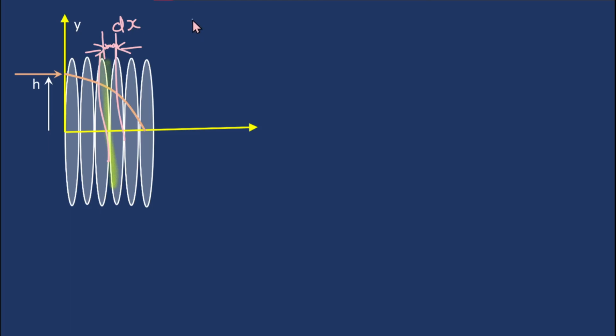Since all the lenses are equidistant from each other, and the distance between each alternating lenses is equal to small l, in just one length l there is going to be one lens of focal length small f. Just using the unitary law, we can say that in the unit length along the x direction, there is going to be 1 by l lens, right? So in the l length, there is one lens, and in the unit length, it can be said that there are 1 by l lenses, right?